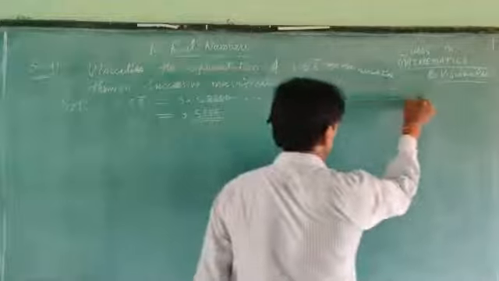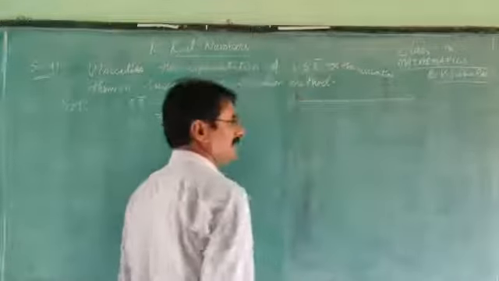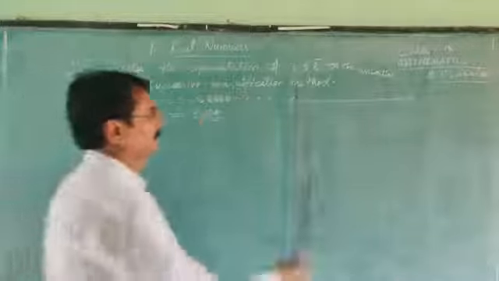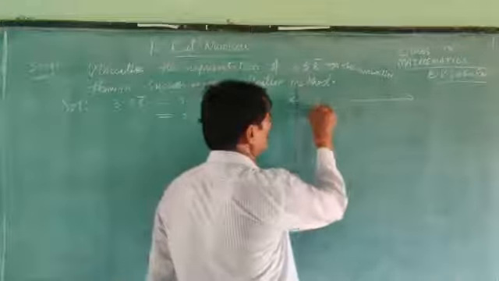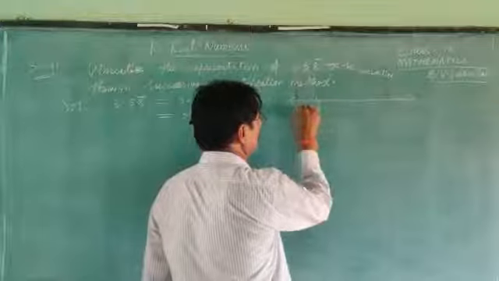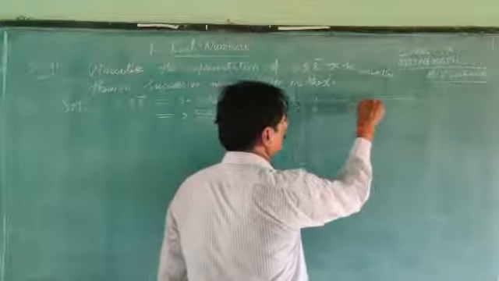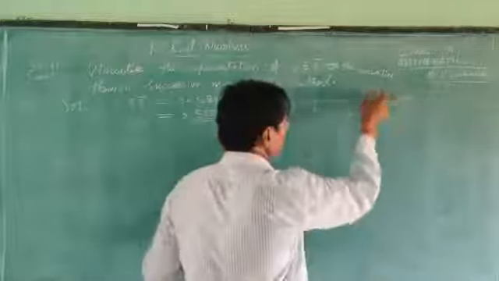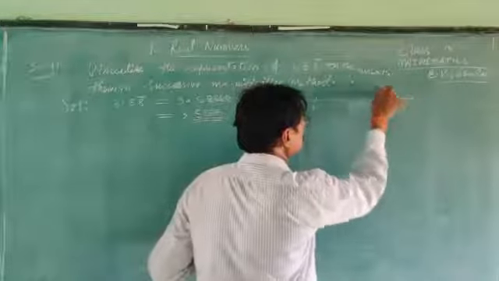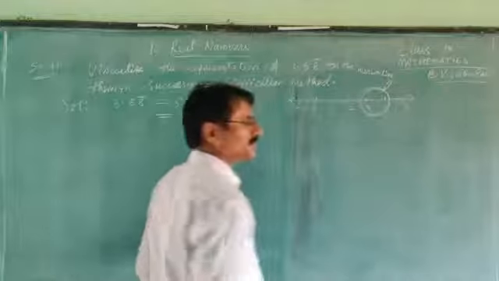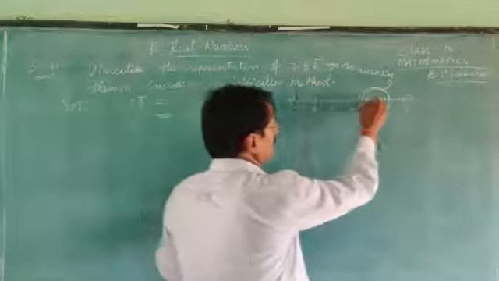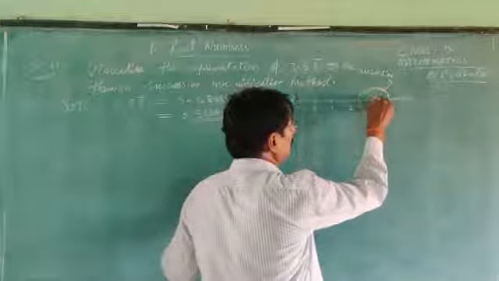Let's first take the number line. This number is between 3 and 4. Where are 3 and 4? For example, if it is 0, minus 1, 1, 2, 3, 4, 5. This number is between 3 and 4. Just focus on this portion only, between 3 and 4, and divide this portion into 10 equal parts.